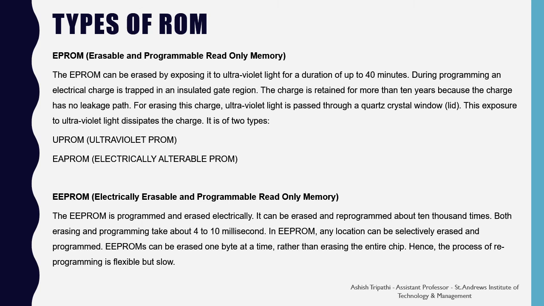So, as you can see, performance wise, EEPROMs are the best, because here you can erase the content in milliseconds, and also you can erase bit by bit or byte by byte instead of erasing the whole chip, which was happening in EPROM. Because if you expose the EPROM to the UV light, then the entire chip gets erased. But in EEPROM, the selected portion can be erased and reprogrammed also. So this is a better choice and is also flexible.